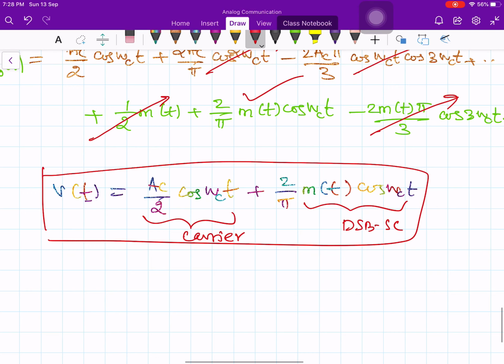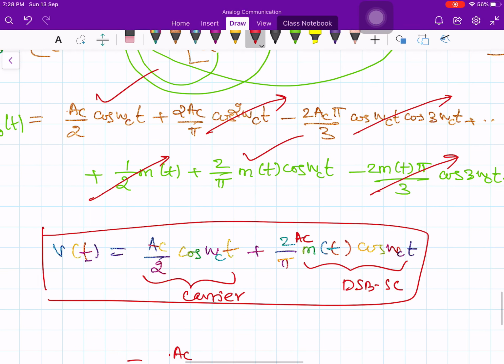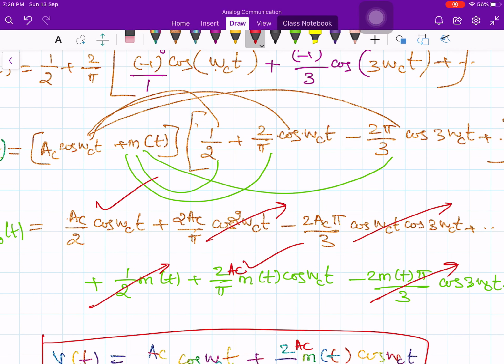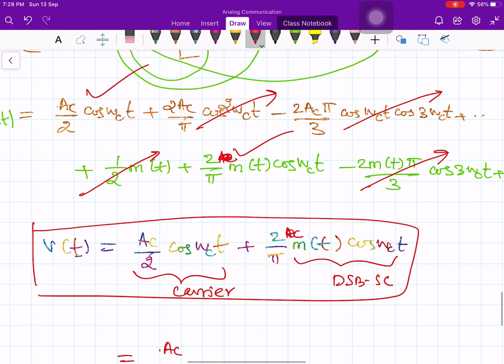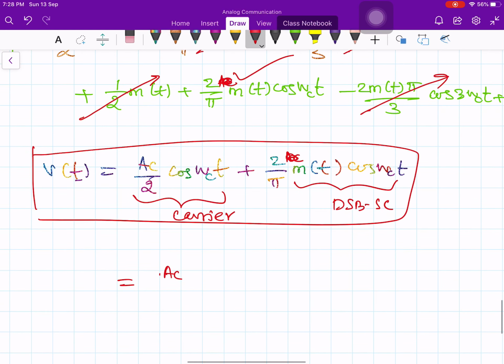Okay, now if you rearrange this, you can take AC. Here also there is an AC, I forgot to write, I am sorry. Sorry, no AC, I am sorry. There will not be any AC term. So you take AC by 2 commonly outside, because I want to write 1 plus something, that's why I am making this kind of arrangement.